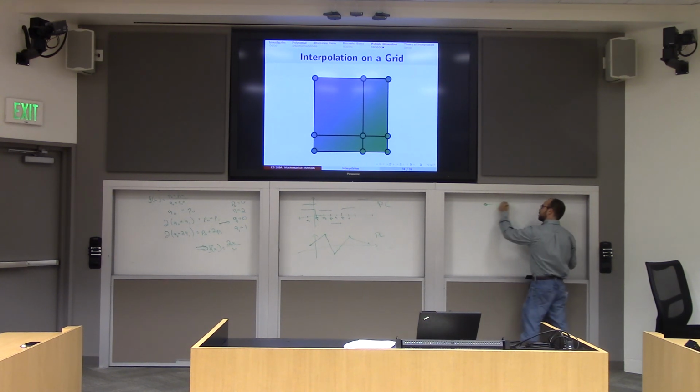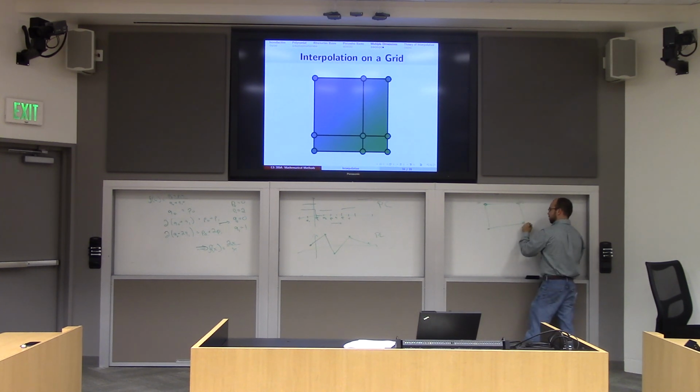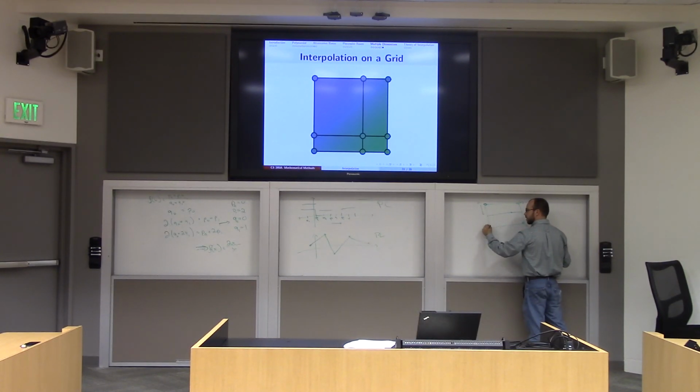So the idea here is now if I have a square of values, right, then I have 4 numbers, A, B, C, and D, right? And then what I'm going to do if I want to find this point, right, is I could, for example, draw a horizontal line, right, and use these 2 numbers this way to interpolate. You know, we'll call this